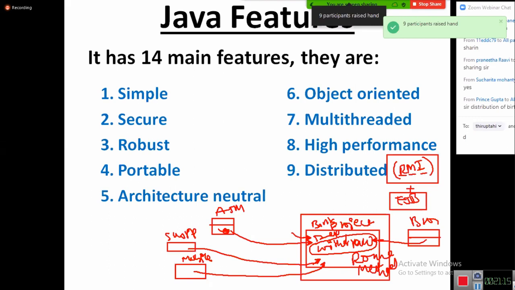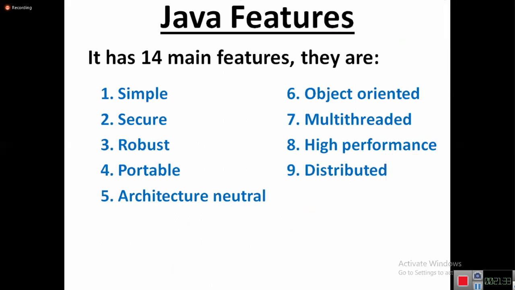More enhanced, this distributed functionality is given by using the framework called Spring. First is basic distribution functionality with RMI, later with EJB, later with Spring. Now currently the market is fixed with Spring. So what is distributed? Distributed means the project we deployed in one place, its functionality can be accessed throughout the world from different electronic devices or browsers.